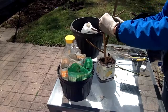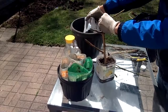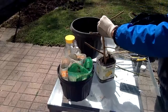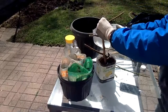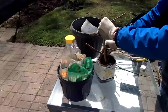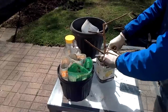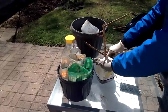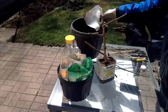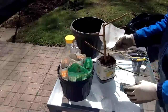Packing the soil and then giving it a water. So with cuttings, I like to add a little bit more soil. It will sink a little bit if you're just freshly scooping in the soil. So keep that in mind, and then you could always top up a little bit as it drops, which is suggested. Otherwise, your cutting might flop over or